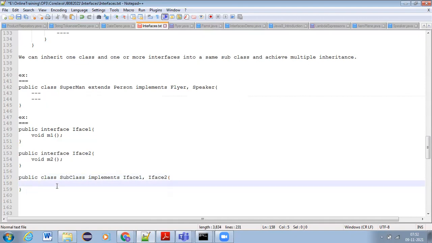Tell me, guys. In the subclass, when I am writing implements interface 1 and interface 2, what should I write here? In the beginning we already discussed the same point, and again I am repeating. Tell.